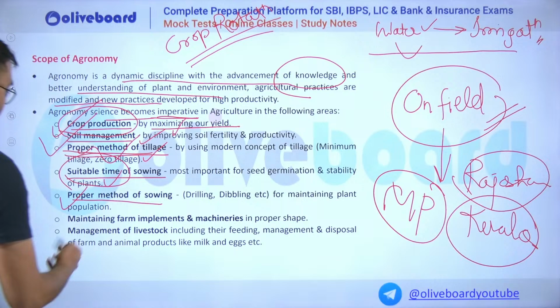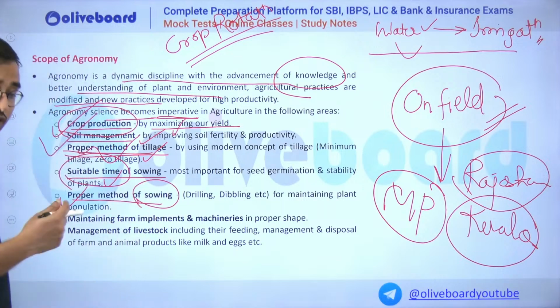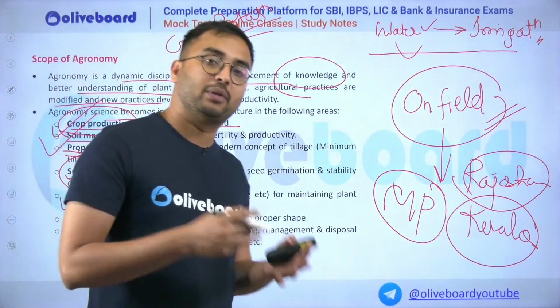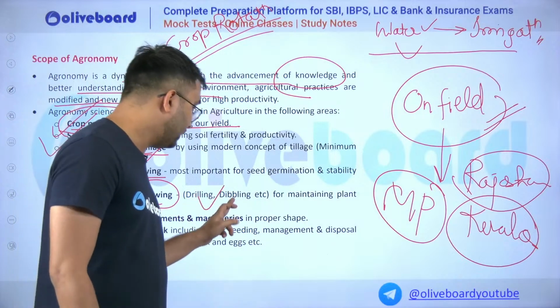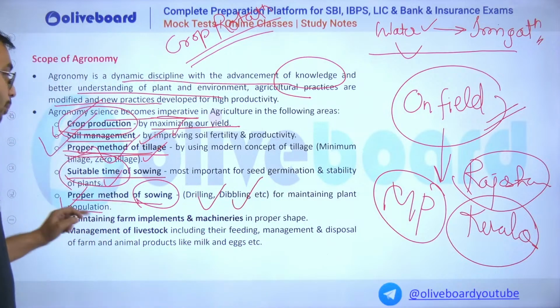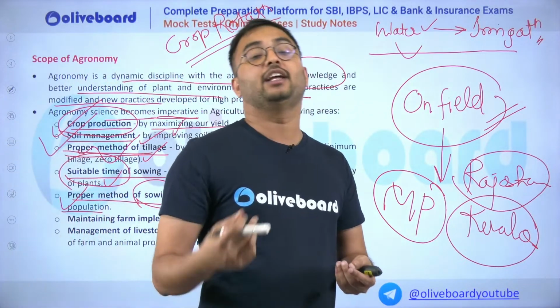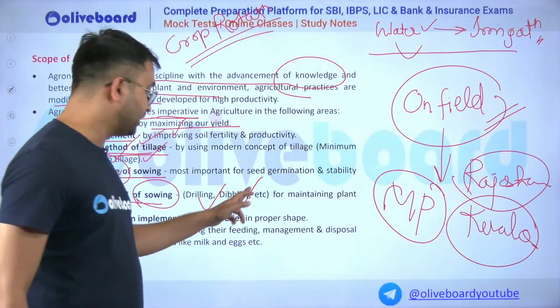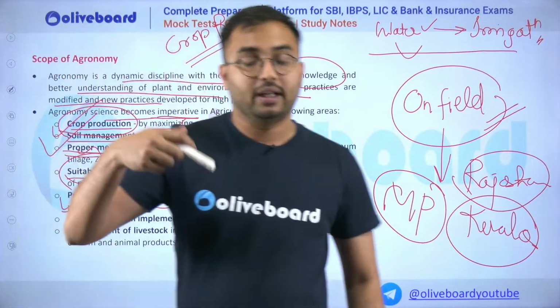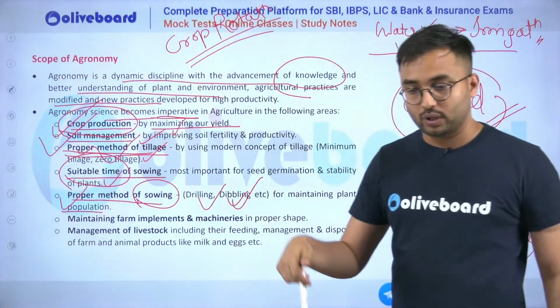Okay. So then comes proper method of sowing. Which type of sowing methods are particular farmers using? Are they using drilling or dibbling for maintaining the plant population? Drilling is nothing but where you use the equipment to drill the hole and then you plant the seed. Dibbling is nothing but you have a T-shaped dibbler with which you are just making a porous hole and then